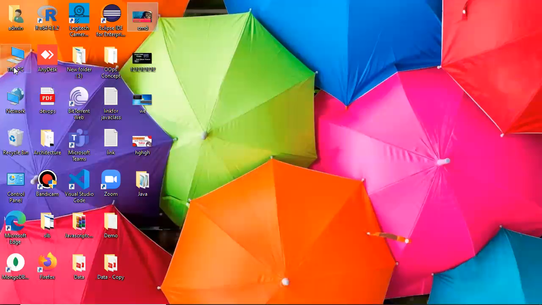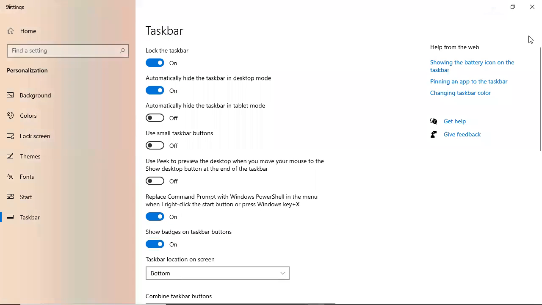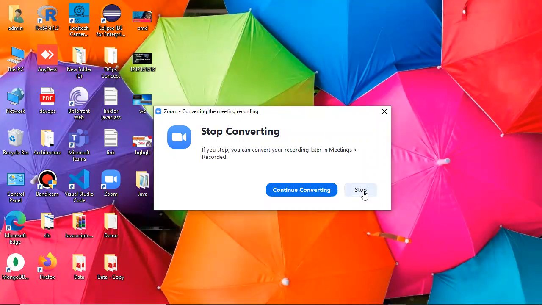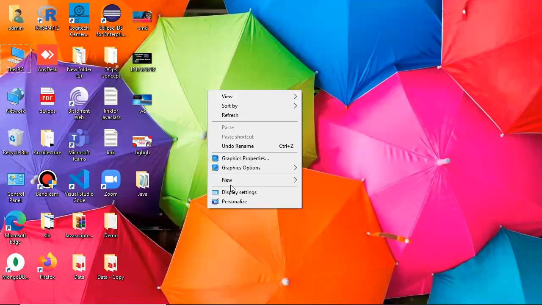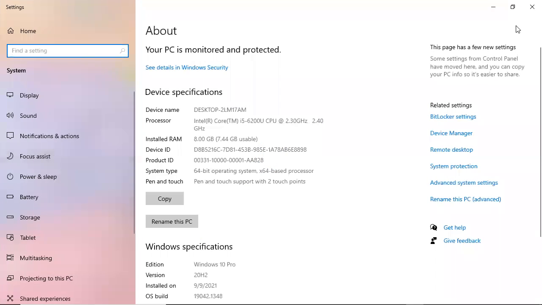If you do not get it, find This PC, right click on it and click on properties. Or you can right click here and click on personalize. Okay, let me check it here.